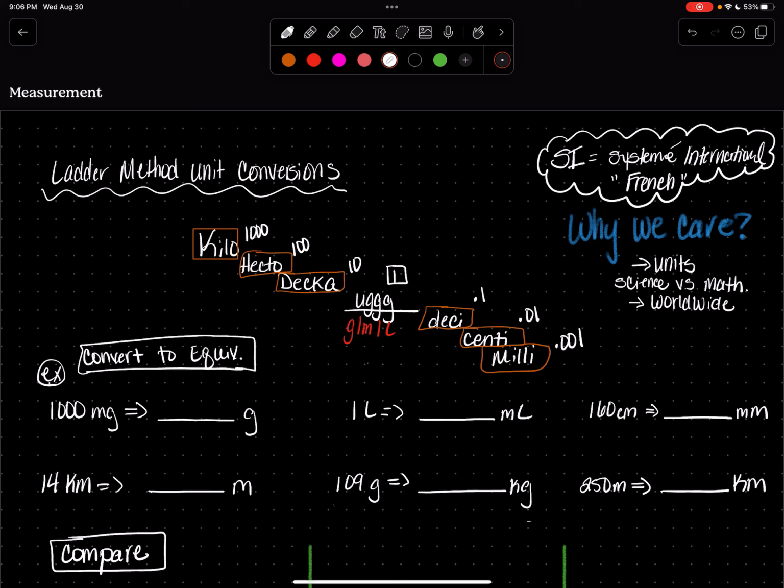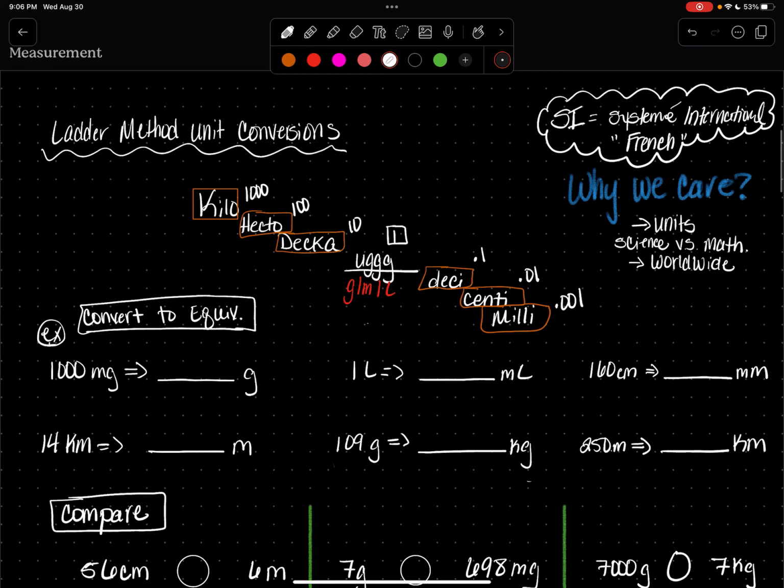Centi being 100th. Deci being 1/10th. They are 10 times smaller than the previous. All of these functions in the SI system operate on bases of 10. And a mnemonic where you can remember this is King